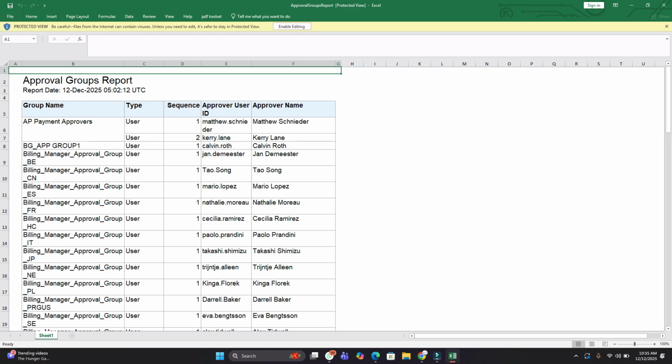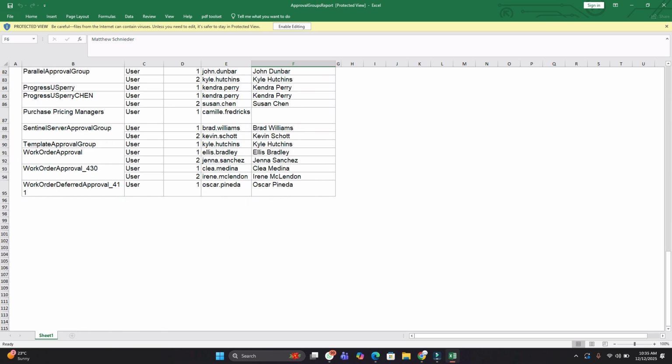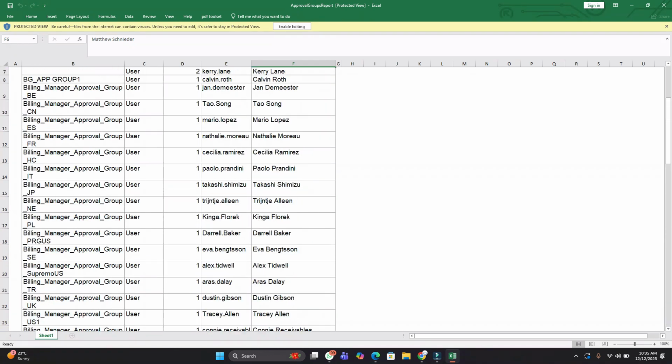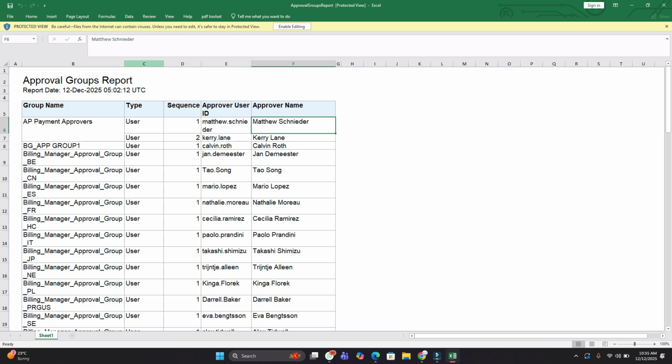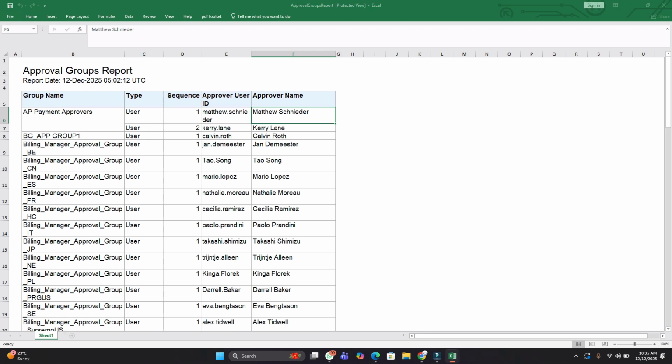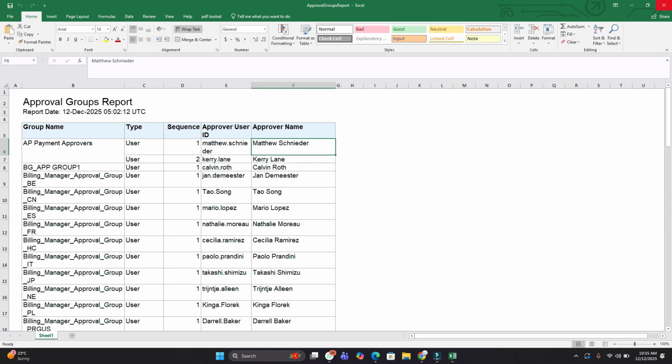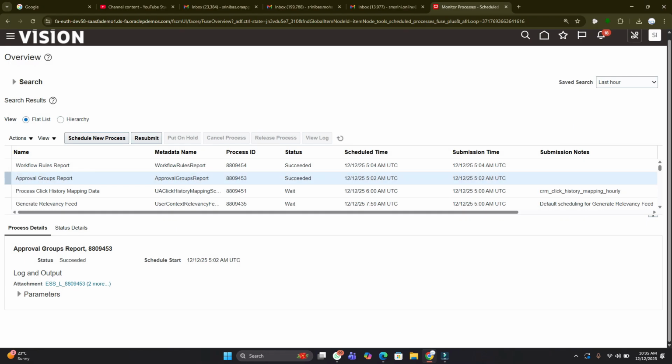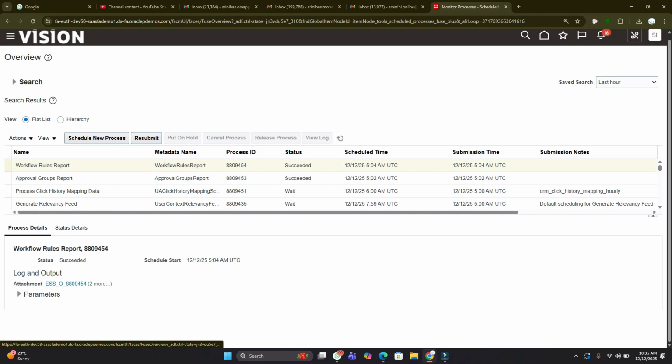See, you can see here payment, AP payment approval groups, and under these groups, you can see who are the users and who are the approver user ID, approver name. So you will be able to see here, analyze, if you want to make any changes, you can do this using this report. The second one is approval rule report,